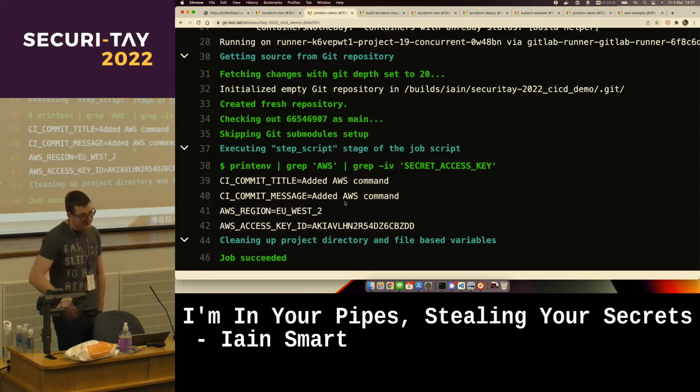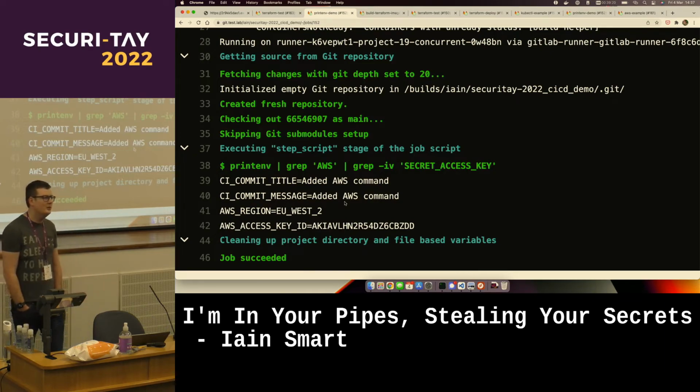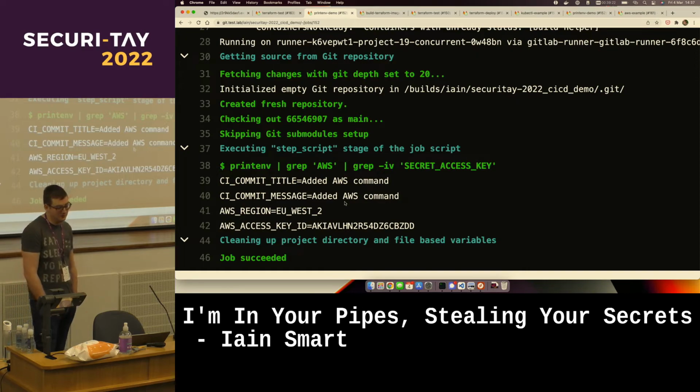If you don't have access to the logs directly, this is a little bit more awkward. Obviously, there's probably going to be something you can do. So we did a couple of jobs where we actually didn't know where the build environment was running. We couldn't see any logs. We just knew that the job was passing or failing. That's where things like webhooks come in handy, or DNS exfil.